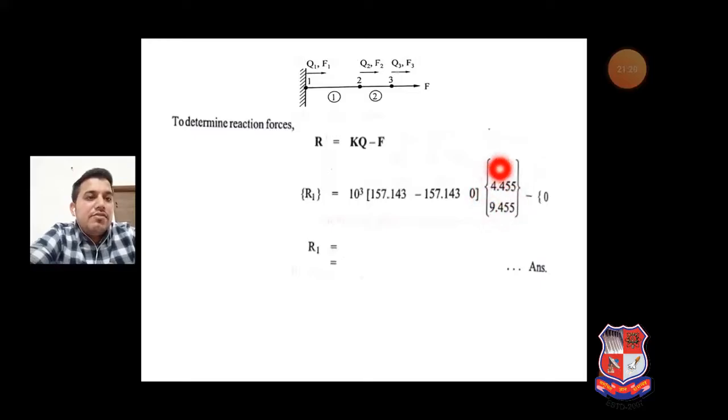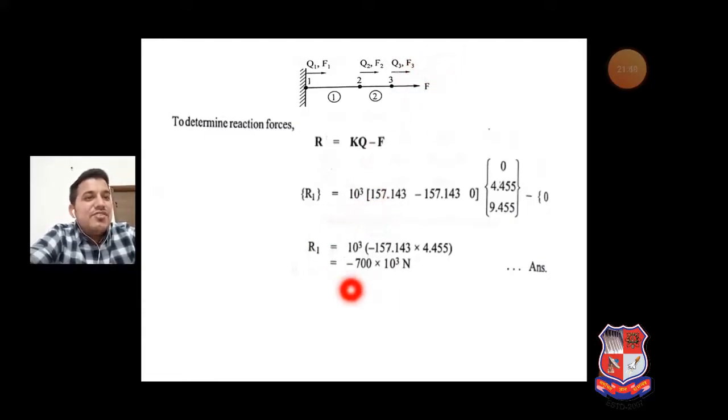Right now, this is nothing but Q1 is equal to 0, Q2 is the new value and Q3 is the new value for us. F1 is equal to 0. So finally we get the reactive force at node number 1 is equal to minus 700 into 10 raised to 3. How much will it be? It will be equal to the F. So we know that F is equal to 700 into 10 raised to 3 Newton.